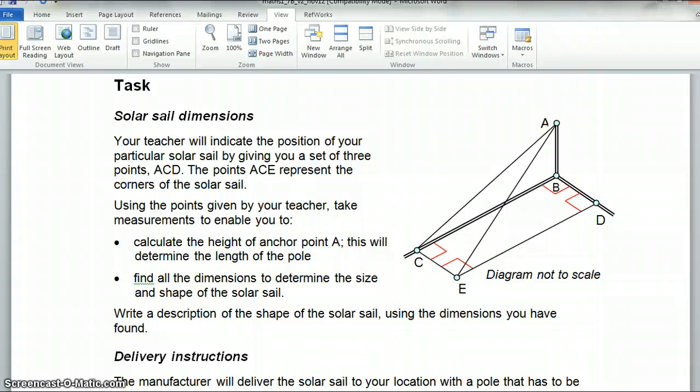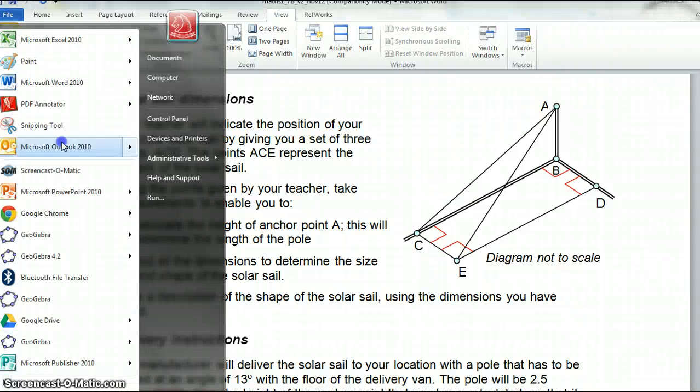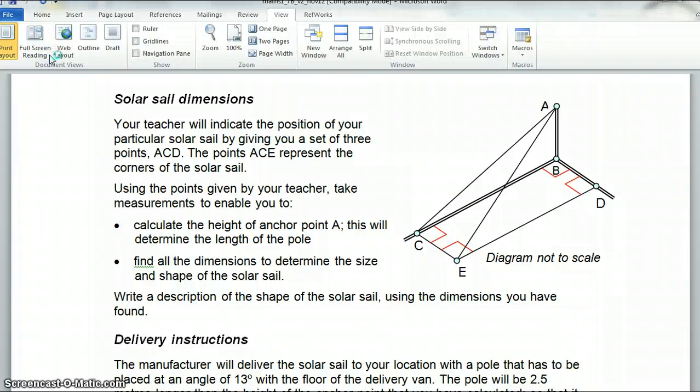So the teacher indicates the position of your particular sail by giving you a set of 3 points, A, C and D. The points A, C, E represent the corners of the solar sail. So in your head you need to be thinking of,